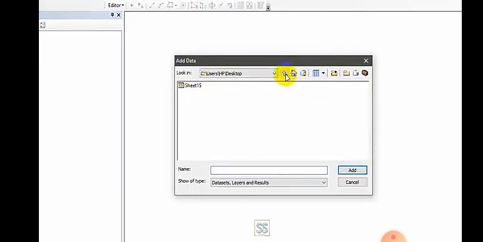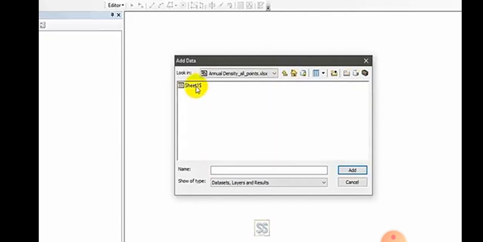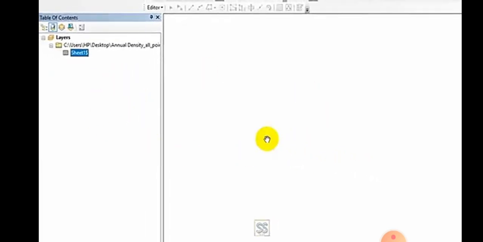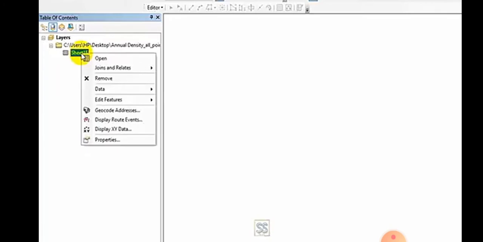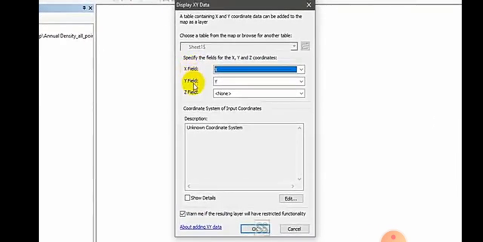So I double click my Excel file here. This is my Excel file, you can see. I double click and I open the sheet in the Excel file and add it into the table of contents. So you can see nothing here, right? So first you need to right click and go to Display XY Data here, click on it and get this